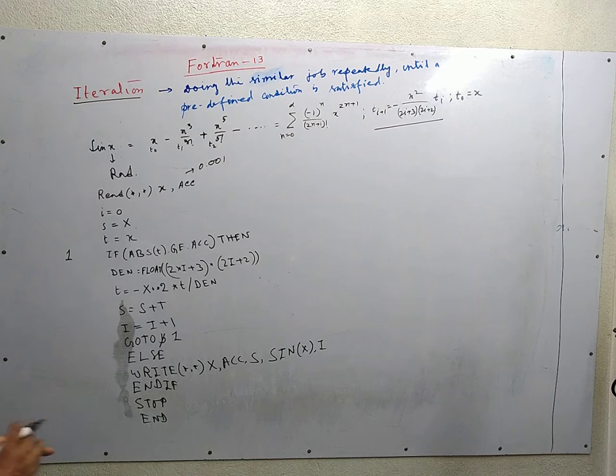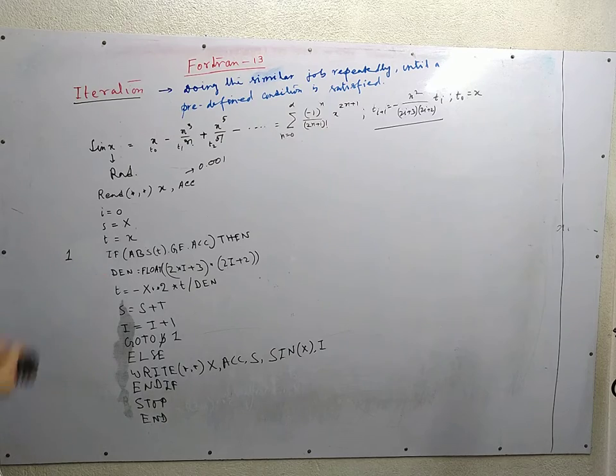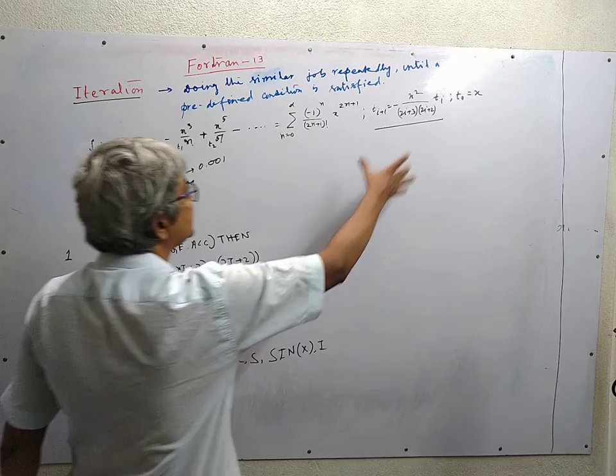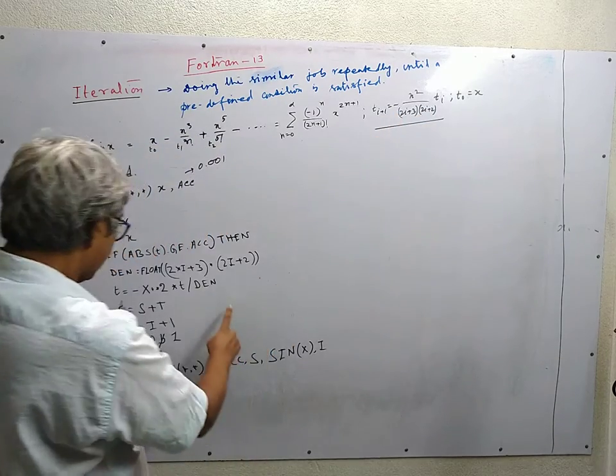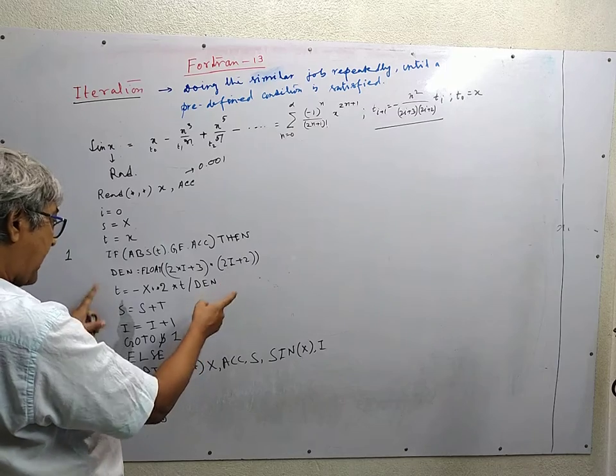Let me once again explain the working of the program. It first reads x and assigns sum to be x and term to be x. Then it checks whether the desired accuracy level has already been achieved or not. If not, then it goes to the next term. For going to the next term, it uses this recurrence relation. This recurrence relation has been implemented over here, and then it adds the newly